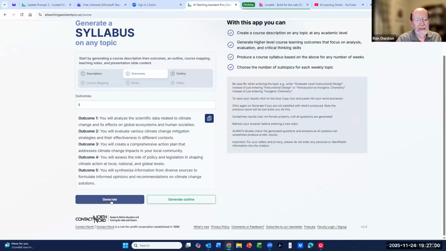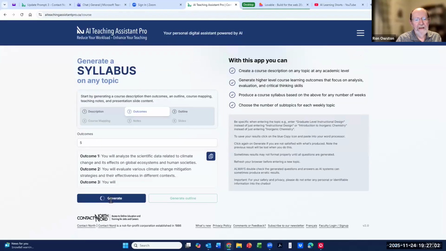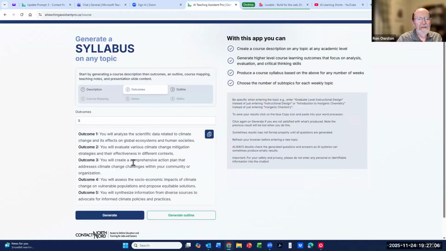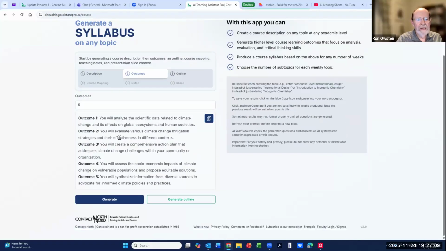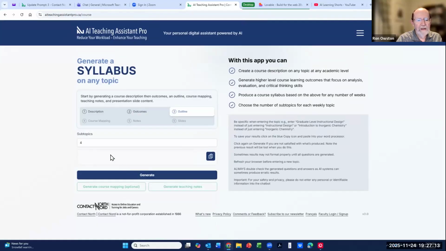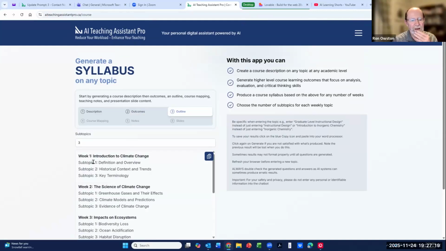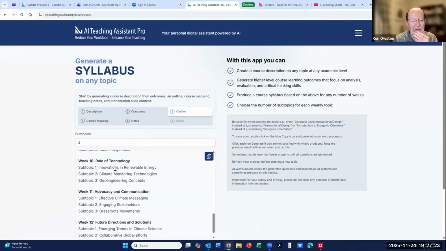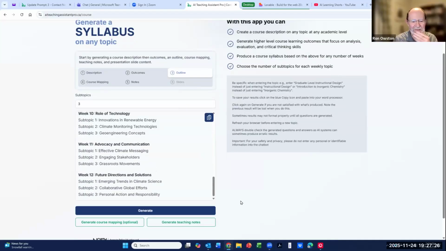Generate those, and then you can generate your syllabus, the course outline. Okay, next. I'm going to shorten that just to 3 topics for each week because I chose 12 weeks. So here's week 1, what you're going to cover, week 2, week 3, week 4, and so on, all the way up to week 12.